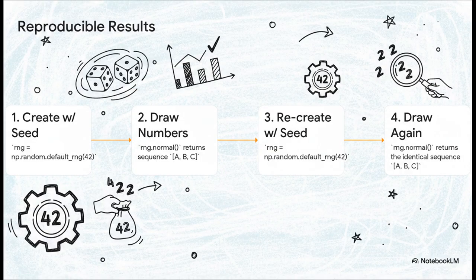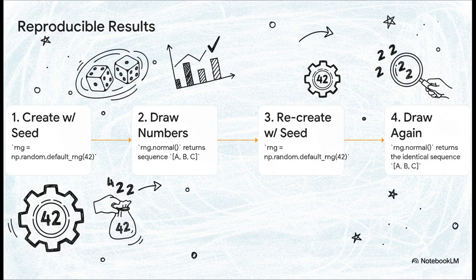np.random.default_rng. Let's walk through this. Step 1, we create our generator and give it a seed, say 42. In step 2, we ask for 3 numbers and get a sequence. Then, in step 3, we ask the same generator for more numbers and we get the next 3 numbers in